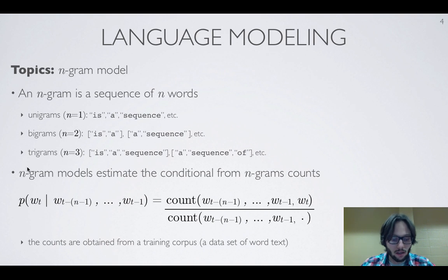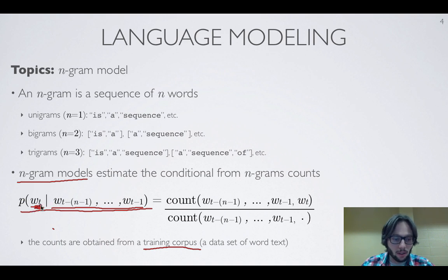And so an n-gram model is going to estimate the conditional probability that we need in our Markov model for assigning the probability of a whole document or sentence. It is going to estimate that conditional probability based on counts of n-grams, counts that are extracted from some training corpus, some training data. So specifically, if we had a set of words, the n-1 previous words, so the context,